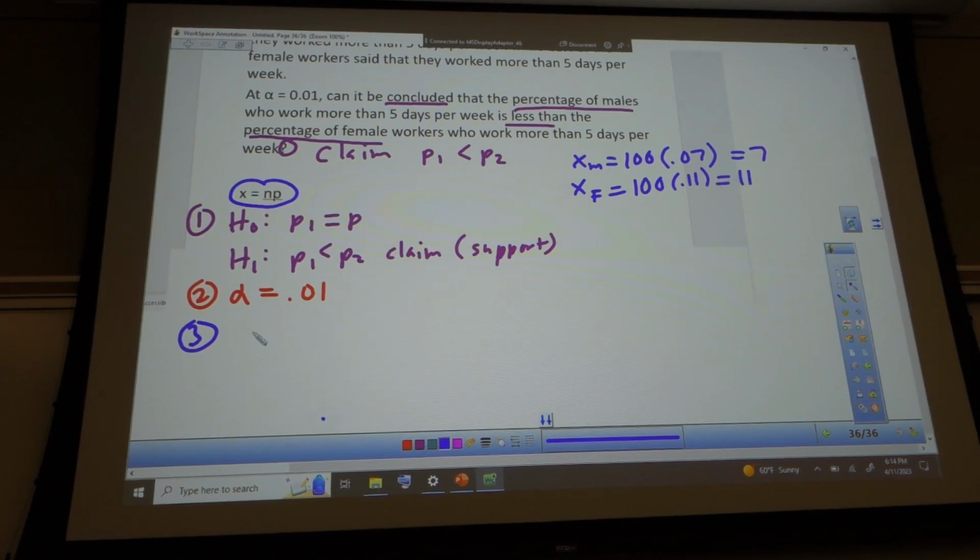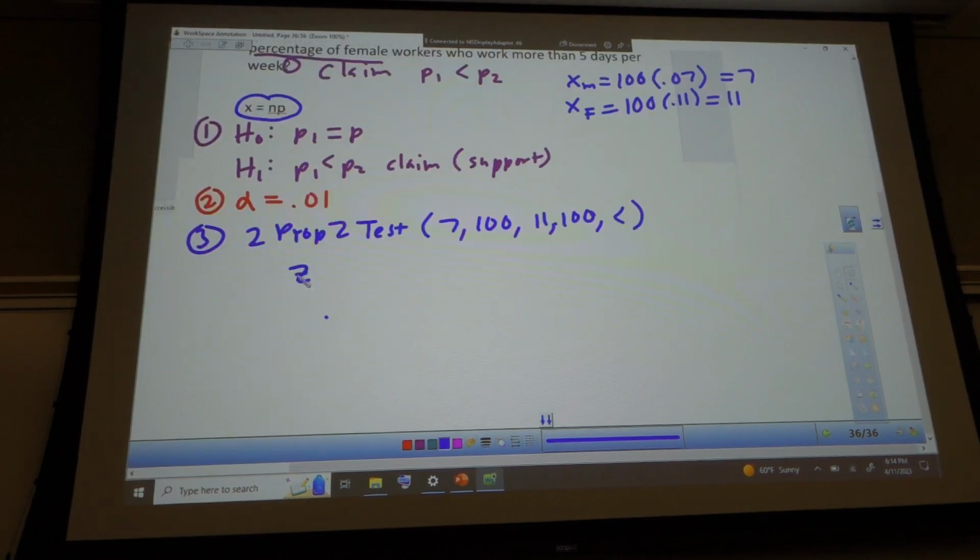Then we're going to do 2 proportion z-test, 7 out of 100, 11 out of 100, and less than. And you ended up with a z-score of,